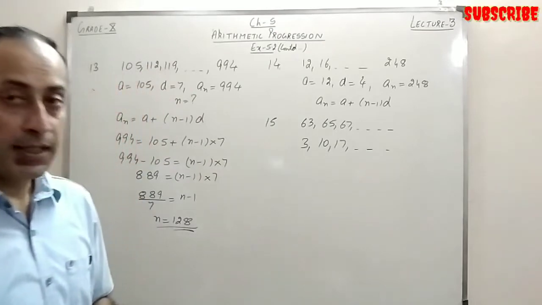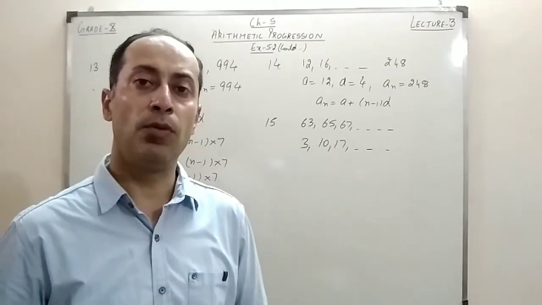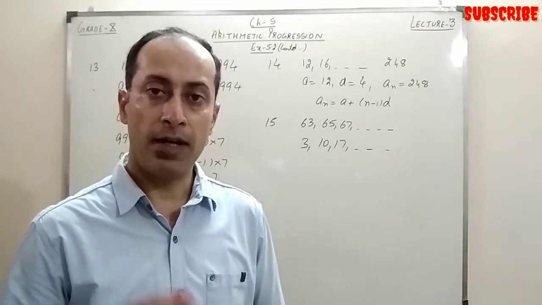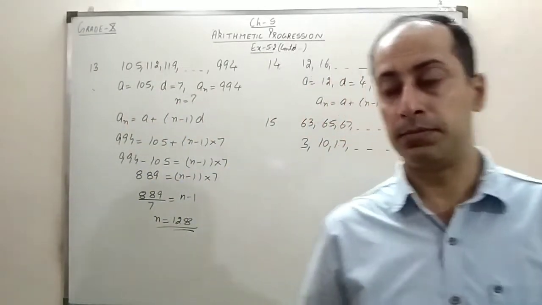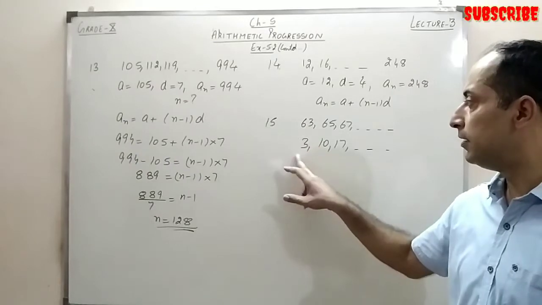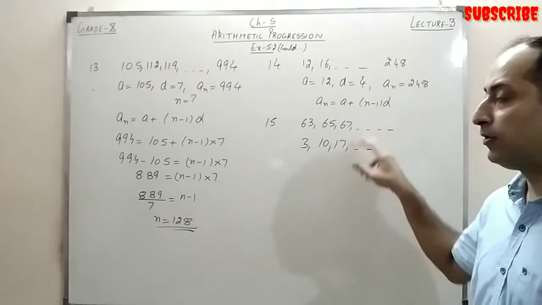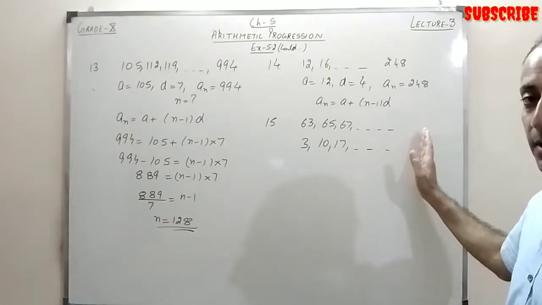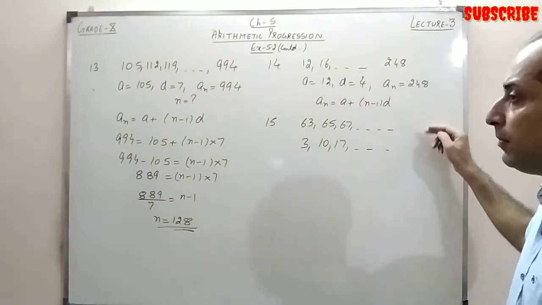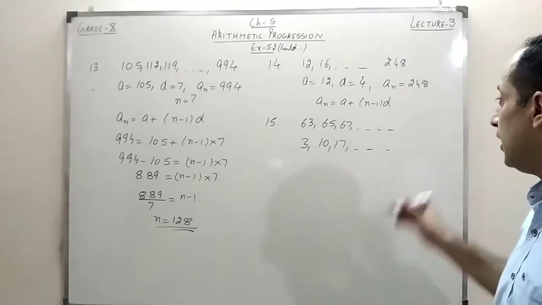Now they say if we keep on writing the numbers in both the APs, what happens? There comes an instance when we have a common number. Like this is the first, this is the second, this is the third, then fourth, fifth. At a particular instance, the parallel numbers are the same at a particular n.